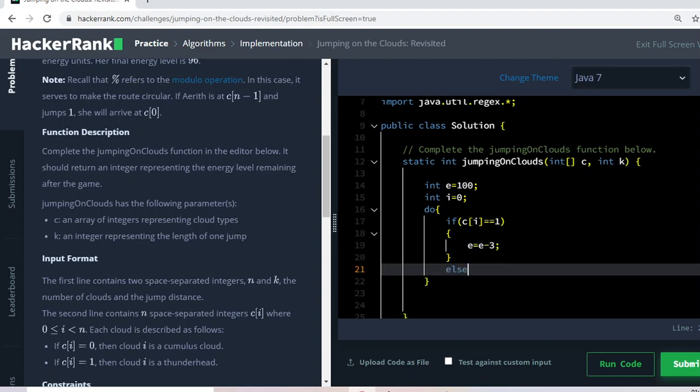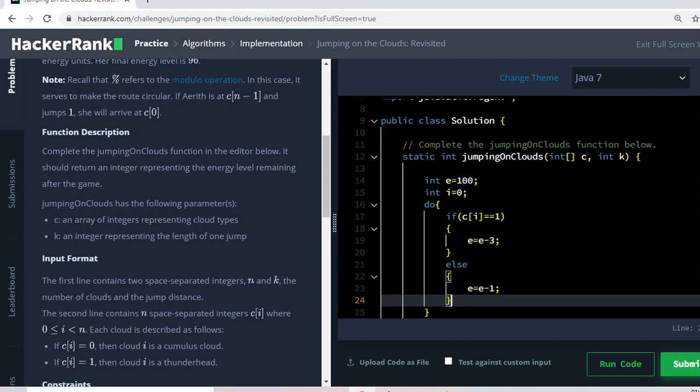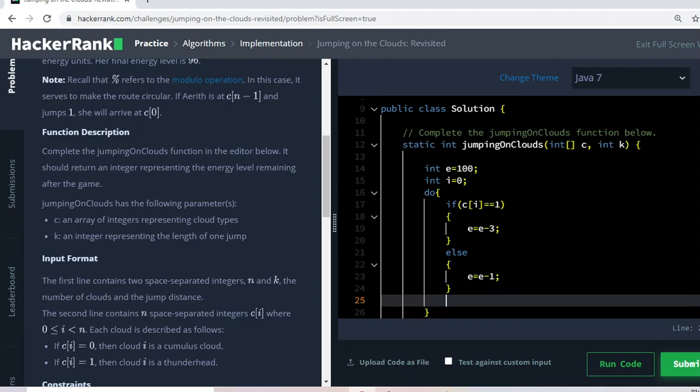Else, if it is not 1, then it should be 0, so it will lose 1 unit of energy. And I have to change the value of i with the formula i plus k mod n. Here n is the length of the array